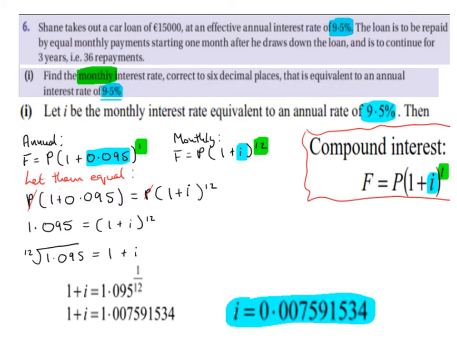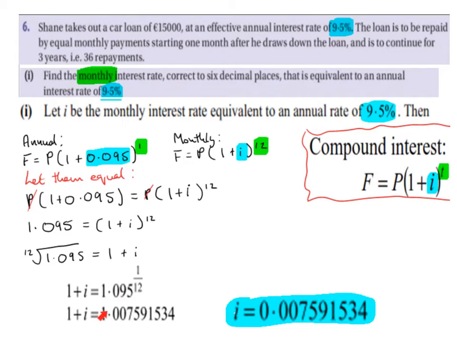We want to solve for I, so we want to get the I on its own. The power of 12 comes over the equal sign and becomes the 12th root. The 12th root of 1.095 can be rewritten as 1.095 to the power of a 12th, and we've just swapped these around. So on the left now we have 1 plus I, and 1.095 to the power of a 12th, which is the same thing as the 12th root of 1.095, will give you